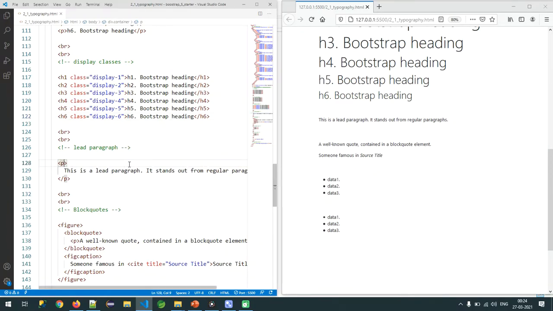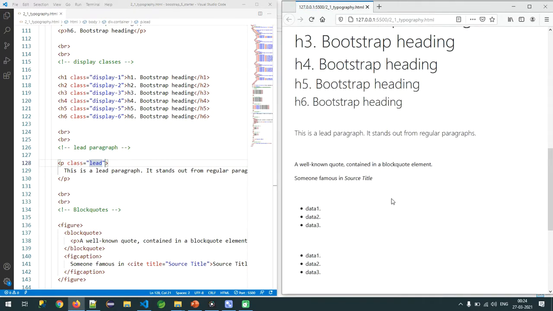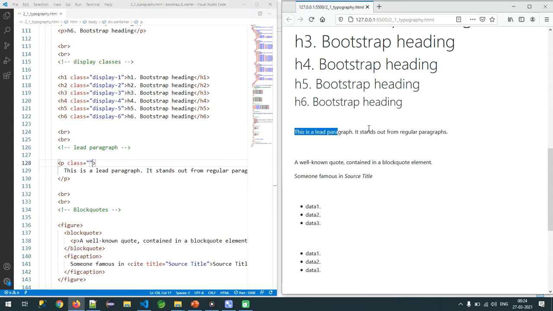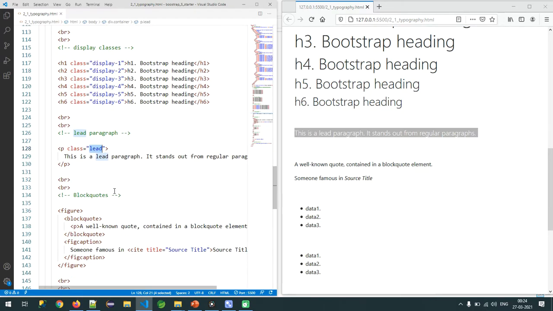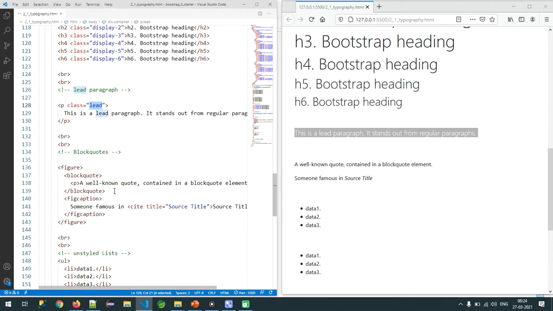Sir, next step. How do we style paragraphs, which classes are available? I want a distinct look for my paragraph. You can use class equal to lead. Now you can see the paragraph look automatically changed. For your understanding, I'm removing that. Now this is the general text display. I want some unique style. This is what we call a lead paragraph, meaning using a special class for a distinctive look. This is the way we style the paragraph in Bootstrap.